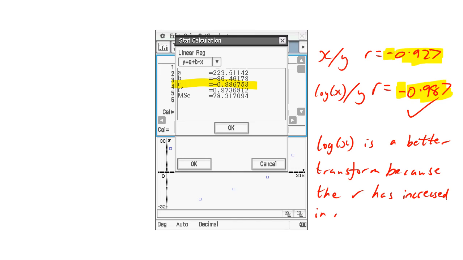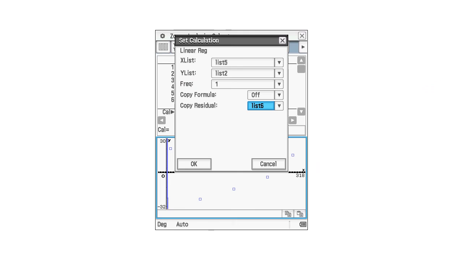Technically, in magnitude, that's a fancy word saying I'm ignoring the sign, and it's got bigger in value. It's gone from 927 to 987, which is an increase in magnitude regardless of the sign. Now, since using list 5 for my x gave me a higher R,